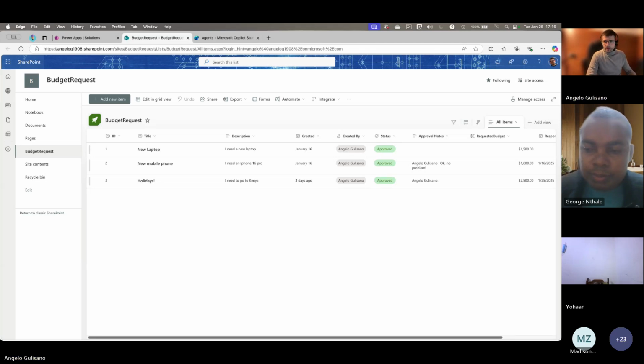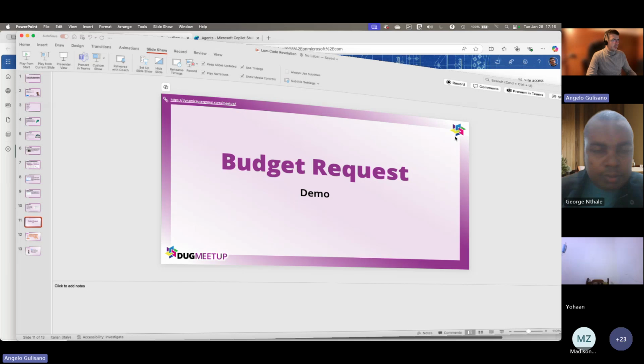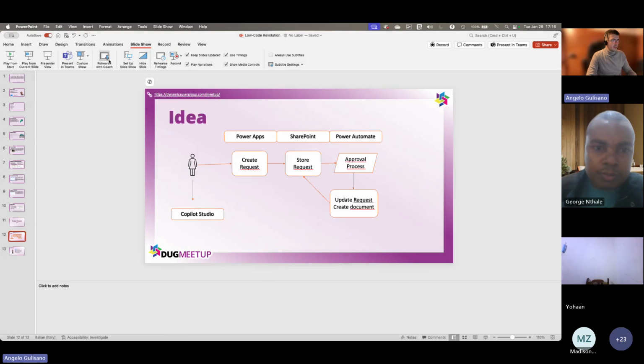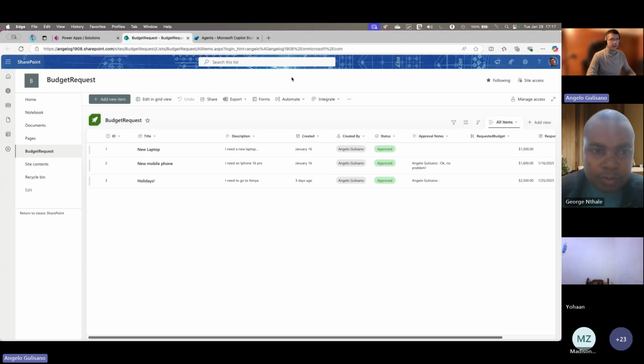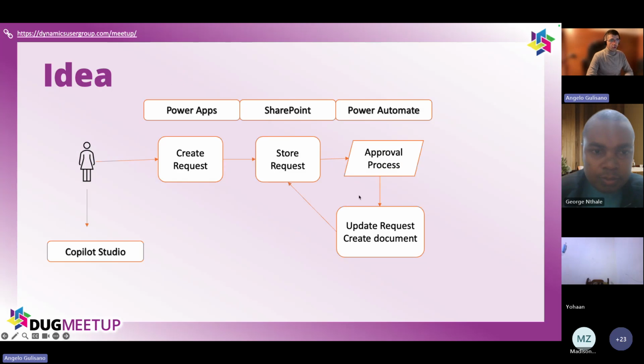Basically, sorry, I forgot the last one slide before start the demo. The idea is to create a solution based on Power Apps, SharePoint, Power Automate, and Copilot Studio. So the idea is the user create a budget request with Power Apps. The budget request is stored to SharePoint list.